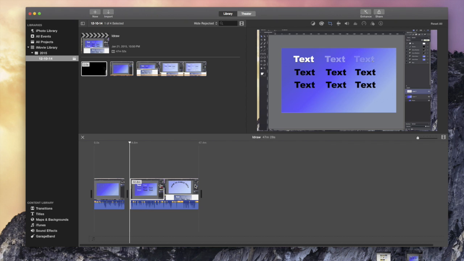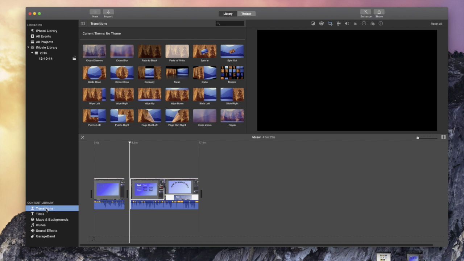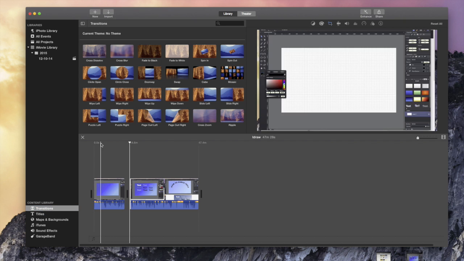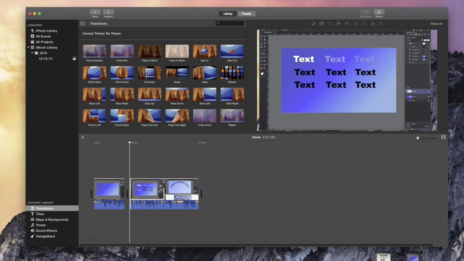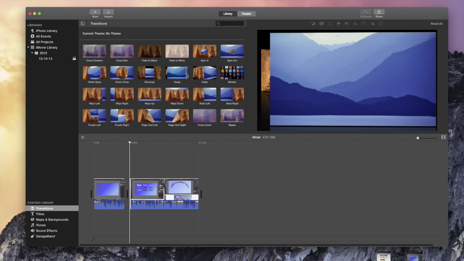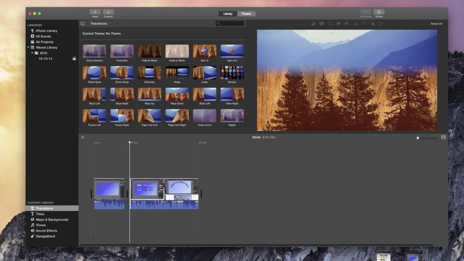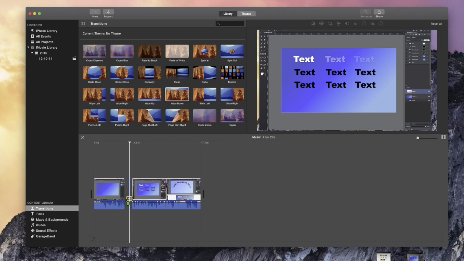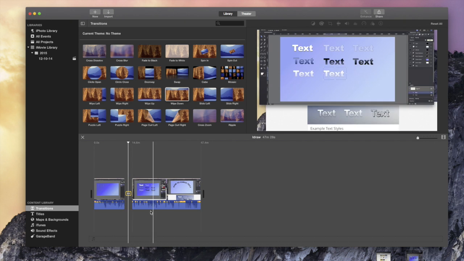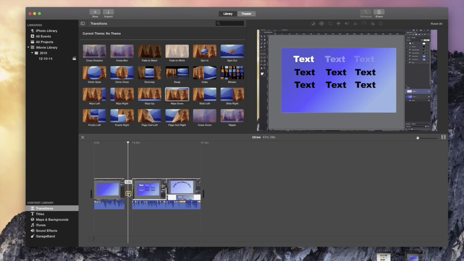And then if I was going to add a transition, which I'm not, but if I was jumping from clip to clip from different scenes and you want to add a transition, and hopefully during this video, if you're new to this, I'm going to hopefully touch on most of these options to give you a little bit of variety in what you're doing. These are your transitions up here, and all you would do is drag it right in the middle of the clip and adds it in as a transition. Pretty simple. So if you watch this video clip now, it shows the text. I'm deleting the text,